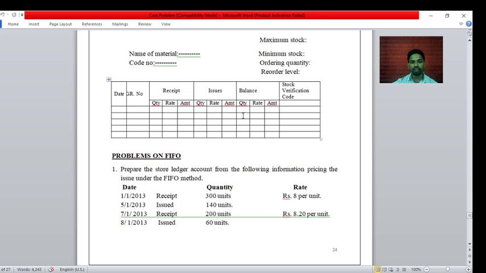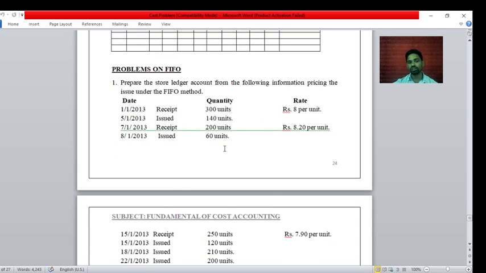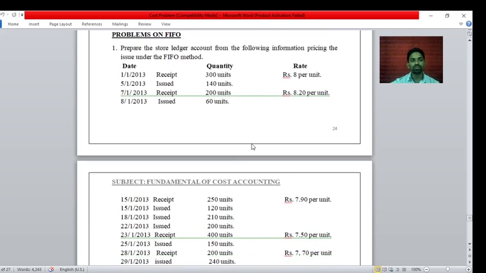And here again we have to record the balance. The earlier balance is 300. Out of this 300, they minus the 140. The remaining 160 we have to record in our balance. Just see here, we will solve the problem directly. On 1/1/2013, 300 units are received in the manufacturing company at the rate of